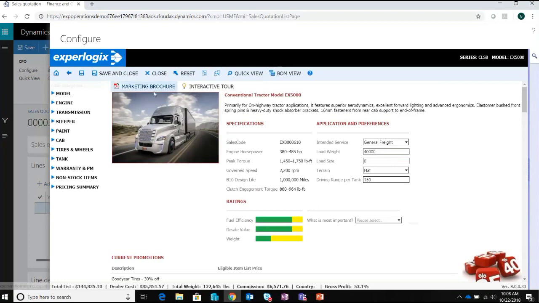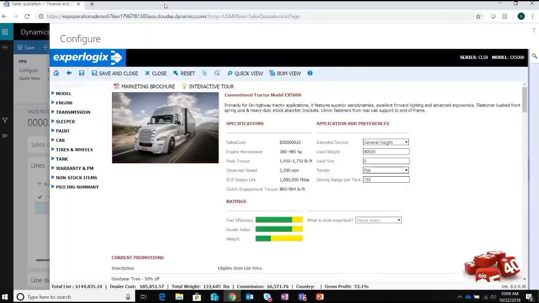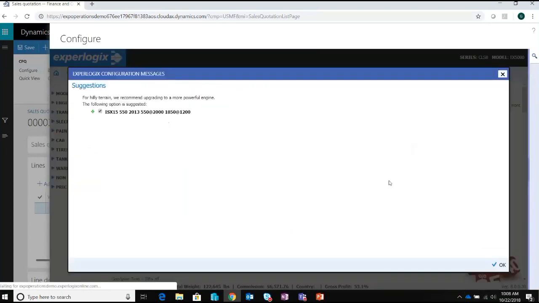And if they needed to have additional details like popping out to a brochure, maybe they want to be able to see some additional information to give to the customer or take an interactive tour. Now, as the user starts to configure this, they can still be prompted with some messaging. So notice if we go back and ask them some similar questions, in this case, if they tell us they're driving on a hilly terrain, we're going to recommend a more powerful engine. So we're saying, you know, you're going to be driving